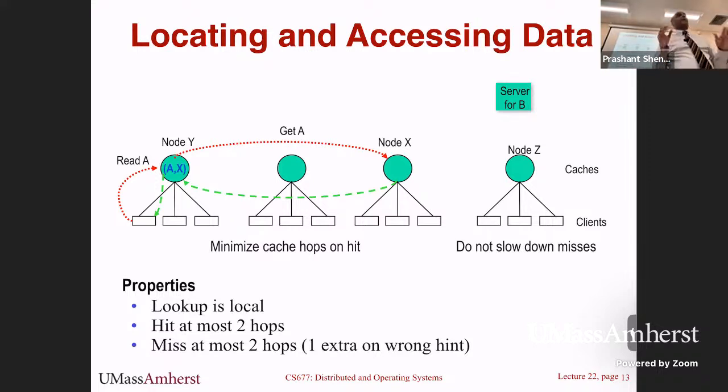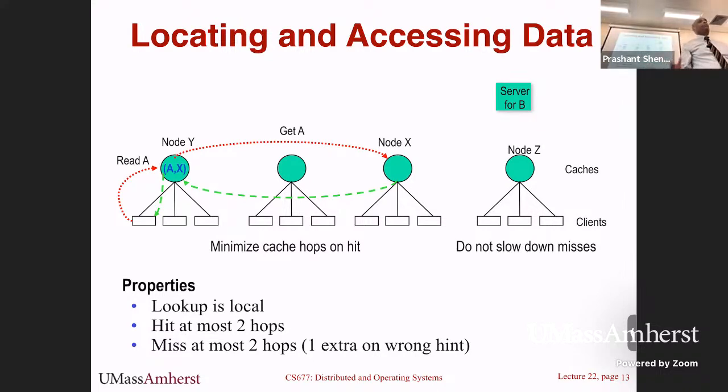So that's all good, except that now we have created another problem: not only is the cache supposed to be consistent, this table also has to be consistent. As objects are fetched and discarded, you have to at least send a broadcast to all your nearby nodes saying, look, I just got this new content into my cache, add it to your table. Or I just discarded this content from my cache, remove it from your table. So long as you do that and these tables, which are essentially hash tables or directories, are kept consistent,